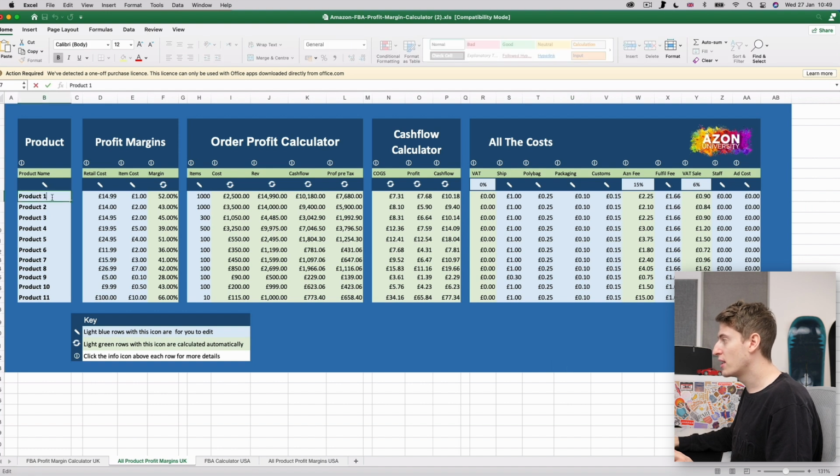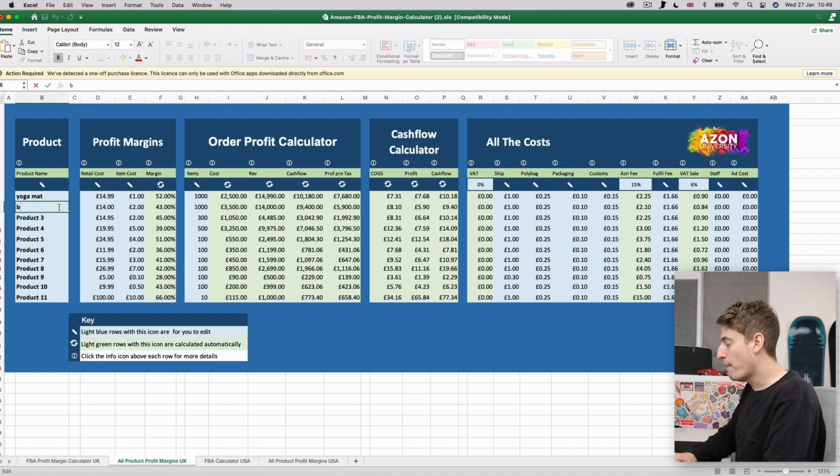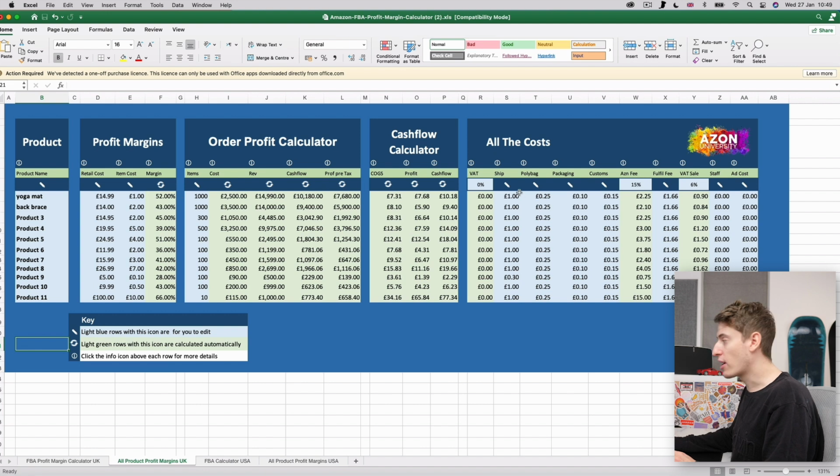So let's say the first product is a yoga mat. So we're going to put in yoga mat, and the next product is a back brace, right? And we're going to be able to put in all the numbers, right? And you can see which ones you have to edit with the little pencil over here, right? So if we edit this, this will automatically update. All the green automatically updates, and there's a little key here